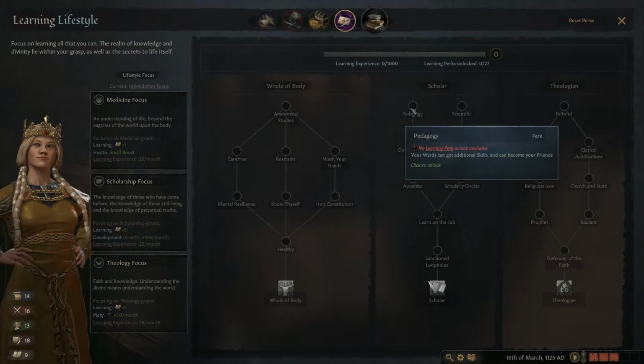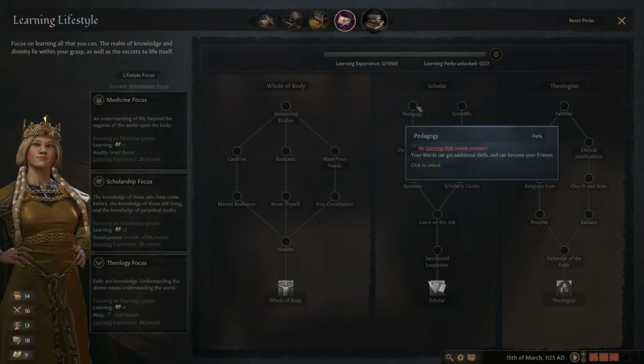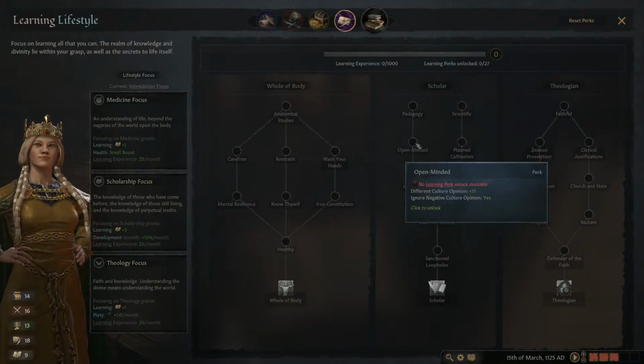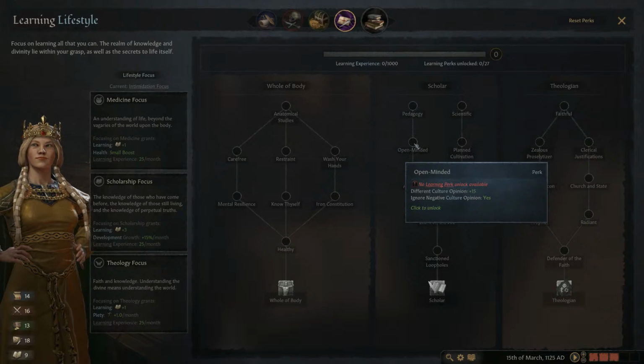I don't know. This isn't super useful, right? Your wards can get additional skills. I guess if you've got a high learning trait, you might teach your kids, and that way you can guarantee they get additional skill points for your heir. But that is very situational. Open-minded. Okay, this tree also helps you deal with